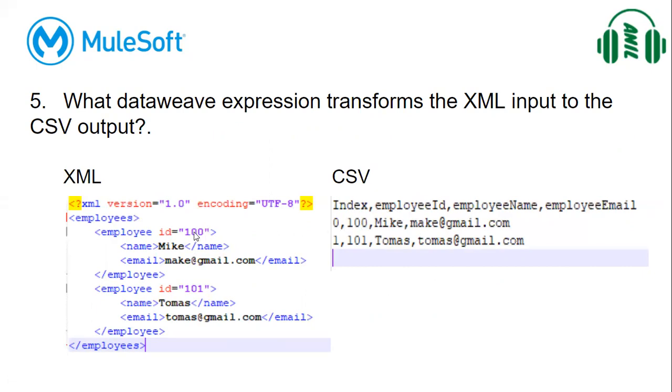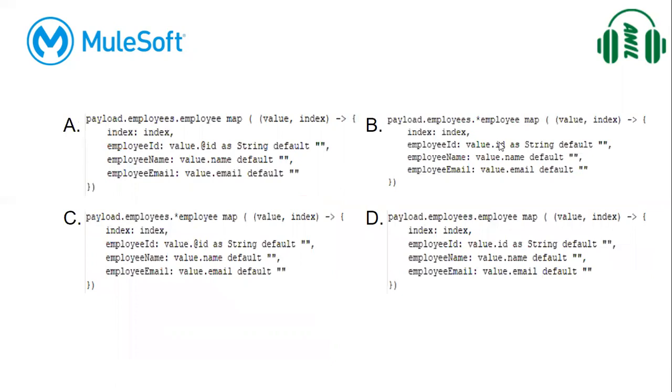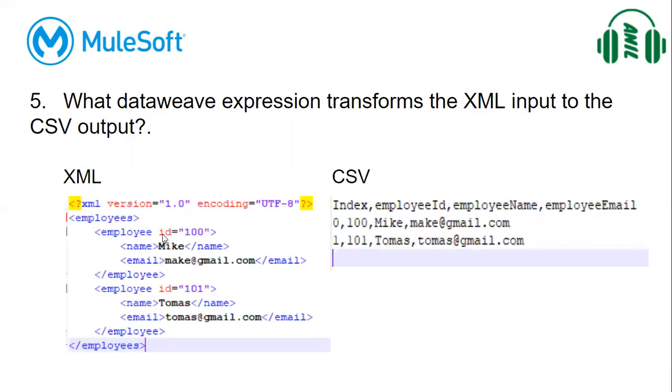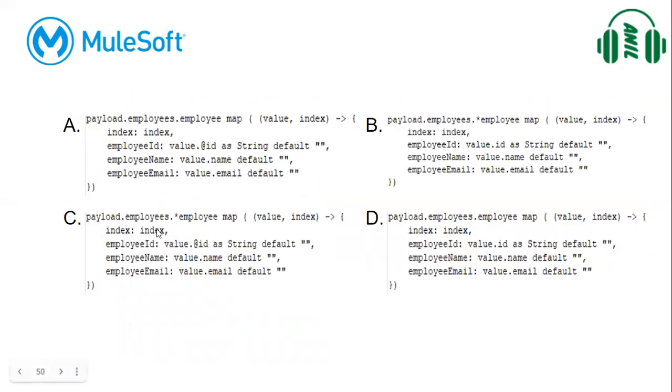While mapping an attribute, we need to use @. So see here, @ value dot @ID. In this format, we need to map the attributes of XML. If you see here, we do not have @ here. So B is not the correct answer and C is the correct answer.